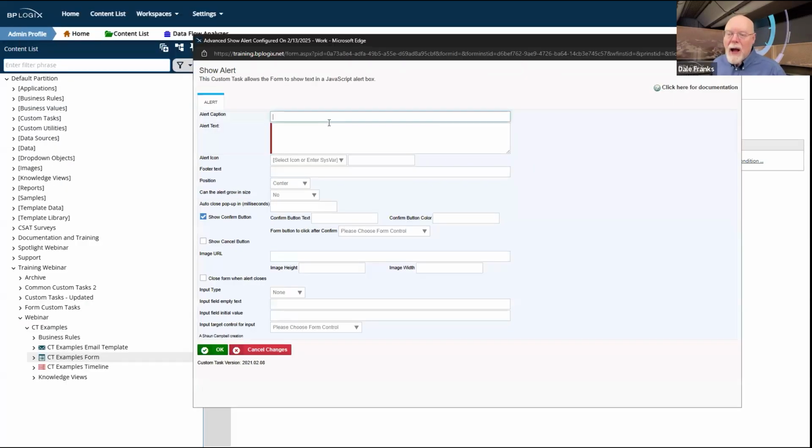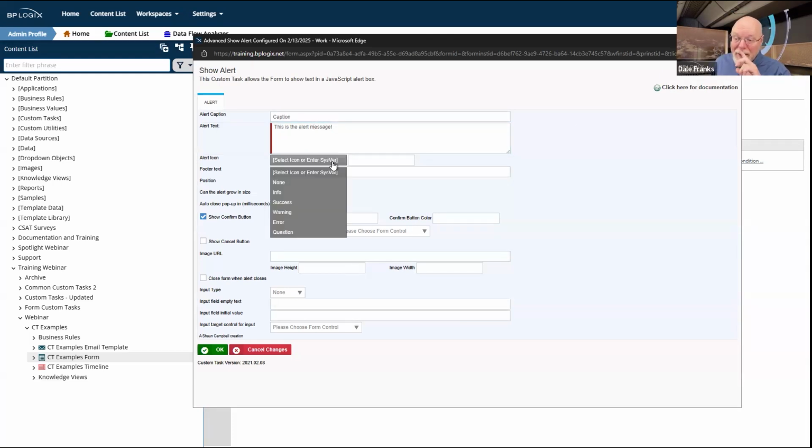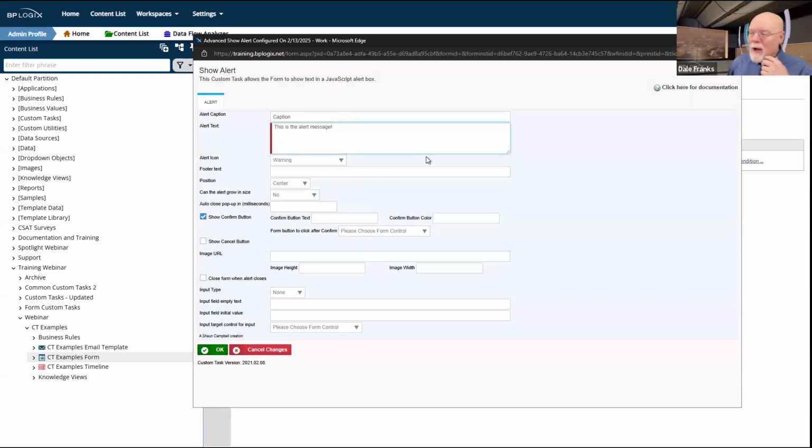Now, at the very top of the custom task, it does all of the same things that the other custom task does. So if I just want to have a generic alert message, pick the alert icon, warning. Okay, there we go.